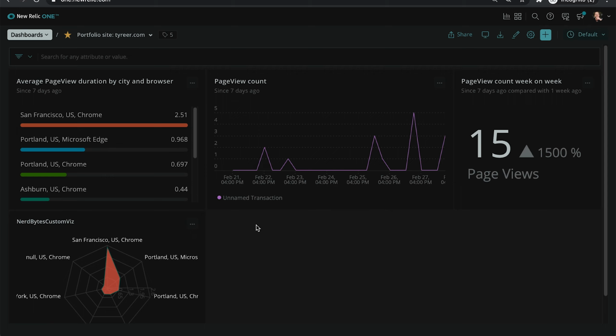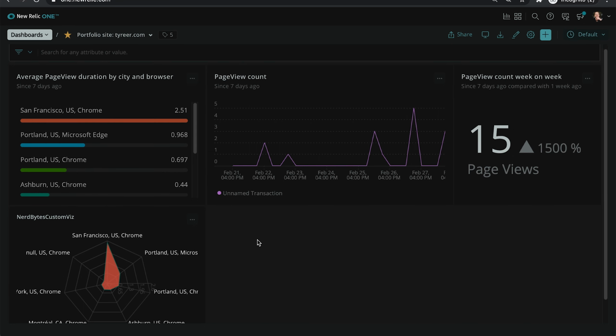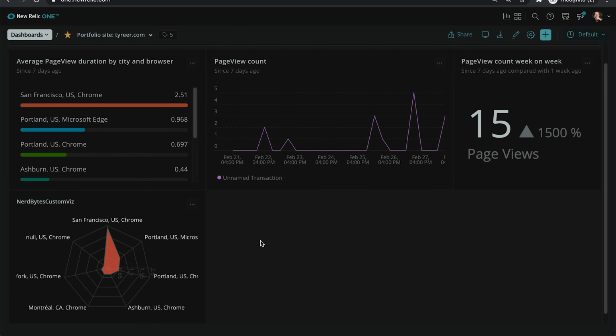And we've just used the starter visualization that the NR1 CLI provides. It's this radar chart that the Recharts visualization library publishes. But this is just a jumping off point. You can add as many custom visualizations to your NerdPacks as you want, and you're free to use your favorite visualization library. For example,